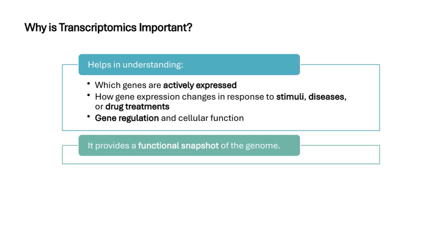So why is transcriptomics important? Well, transcriptomics allows us to understand which genes are active at any given time in a cell or tissue. This is crucial because gene activity can tell us a lot about how cells function, respond to their environment, or even how diseases develop. By analyzing the transcriptome, we're essentially getting a snapshot of gene expression, which helps us understand